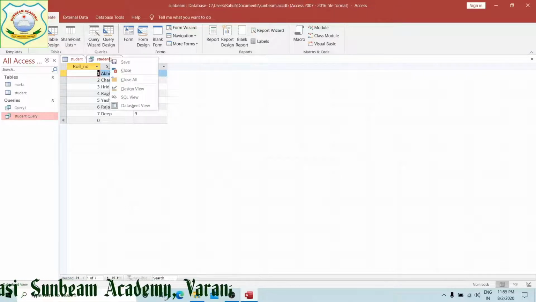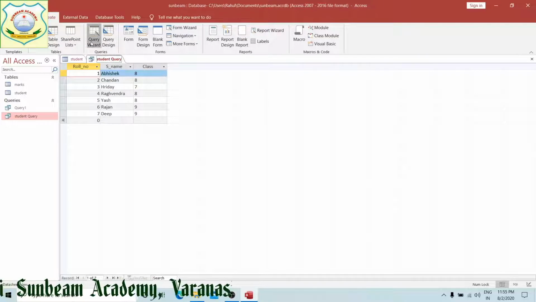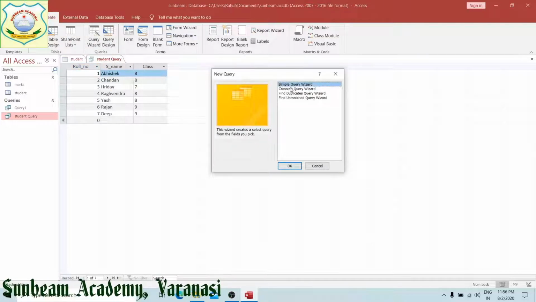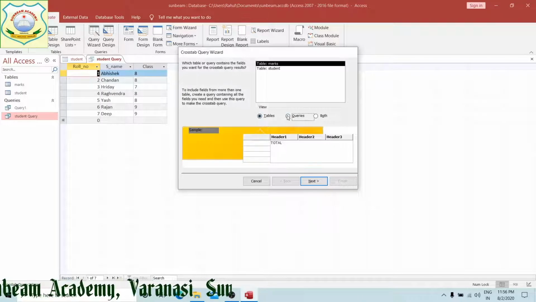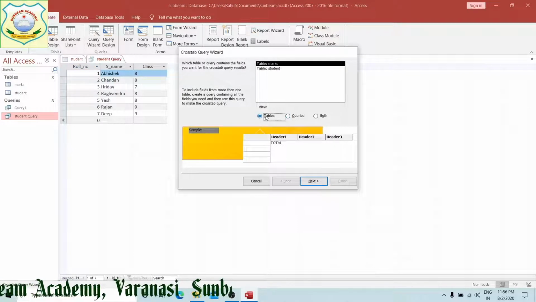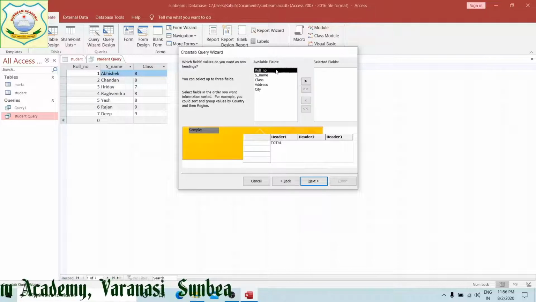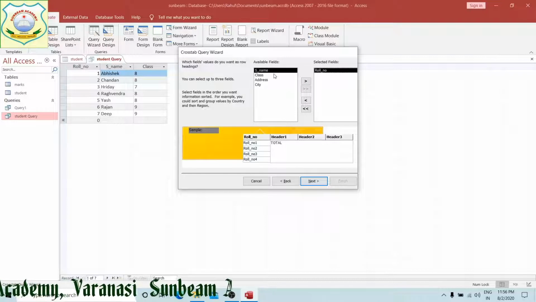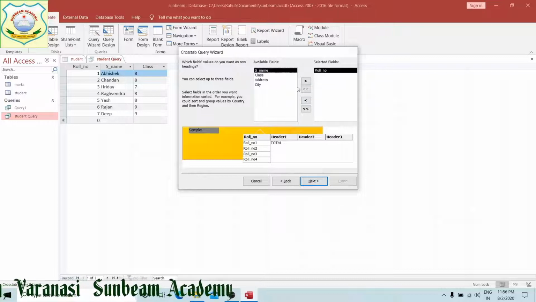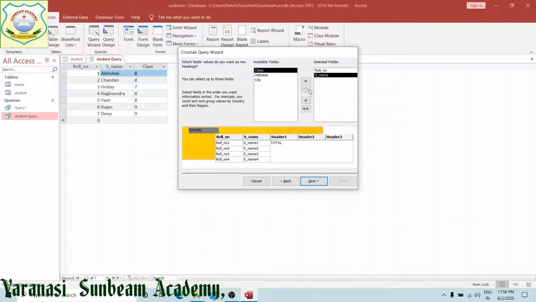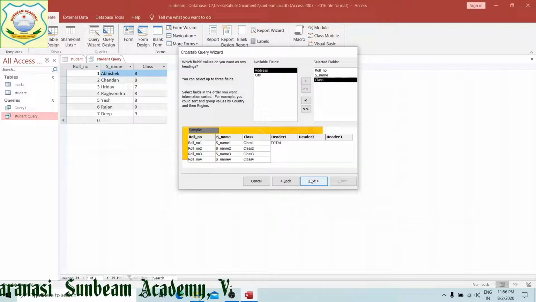Now query wizard, into this cross tab query, into this what you need, tables, queries, tables I have selected this one. After this I need roll number, I need class and I need class. I am removing first student's name, then class I have taken. Now click on next.